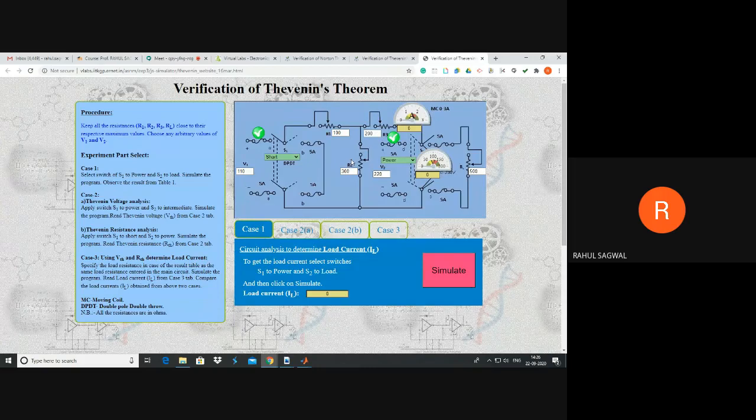I guess I used a different notation. I used R2 here, R3 here, but values are the same: 100, 200 and 300. Next we'll have this RL 500 ohms. So all the values are matching.